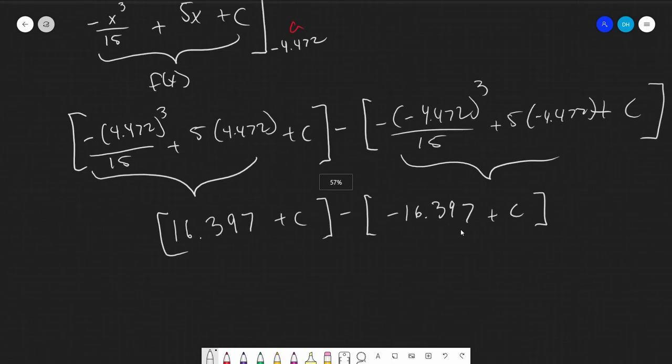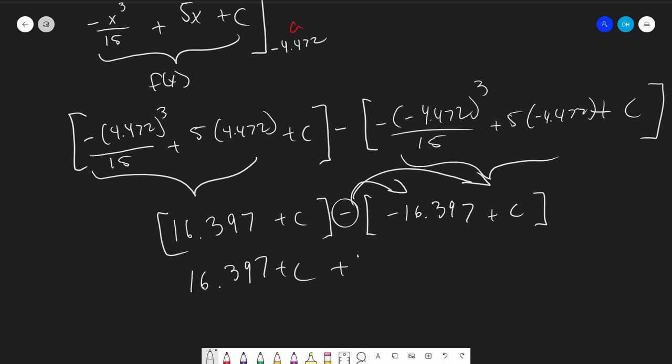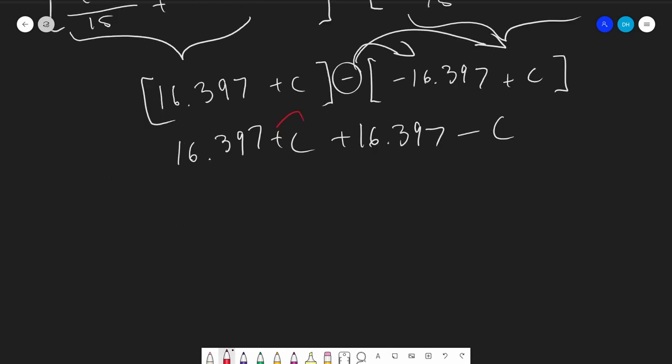Again, the reason we put both of these functions in brackets is to help the distribution of this negative symbol, because a lot of people forget that you have to distribute that negative. Distributing this negative to the negative 16 and the positive c, we'll get, just copying this down, negative times the negative will be positive 16.397, and negative times positive c will just give us negative c. The two c's cancel out, and we're left with